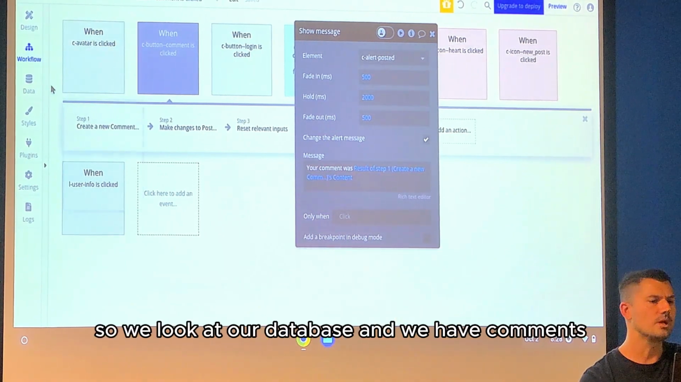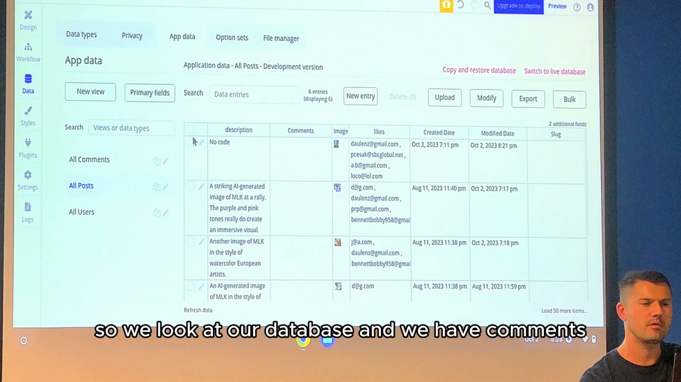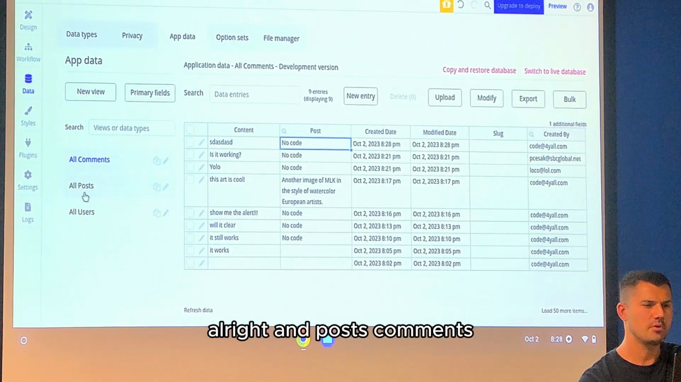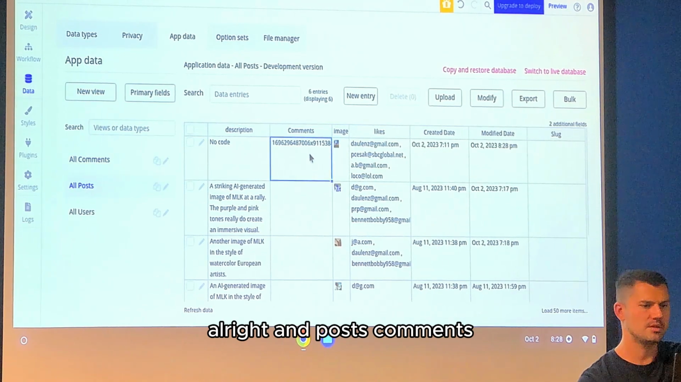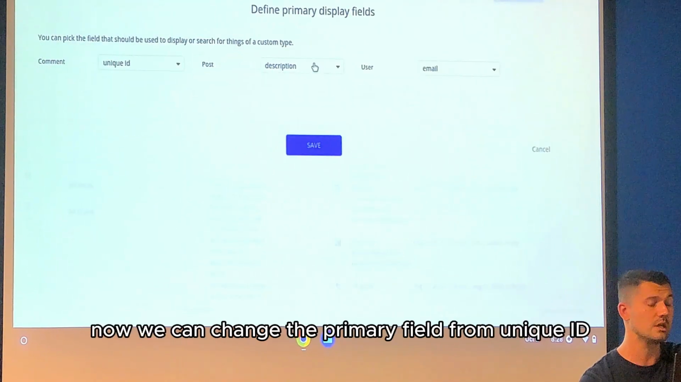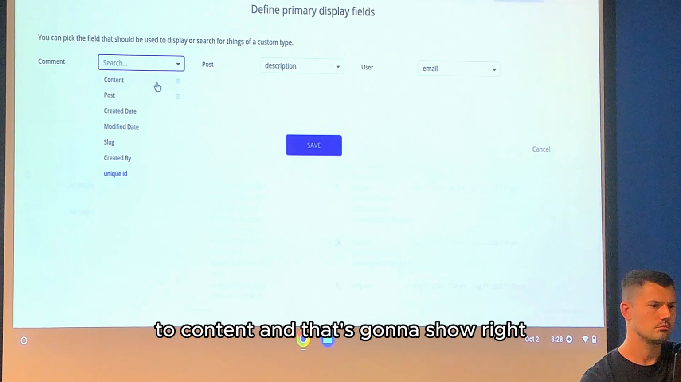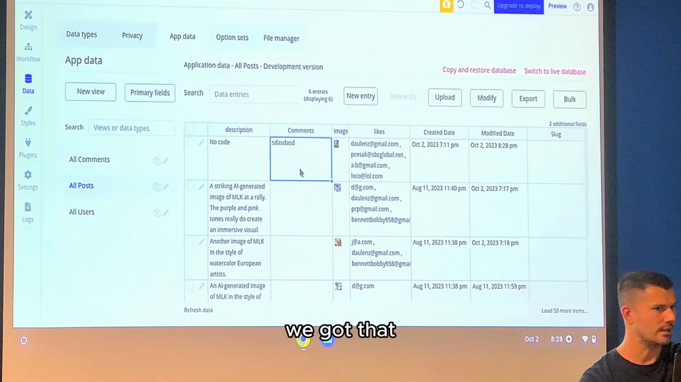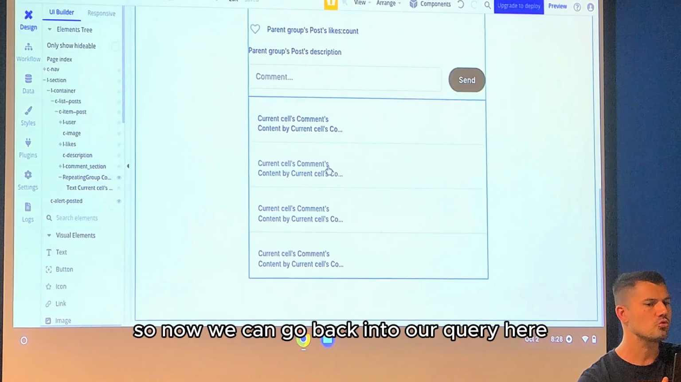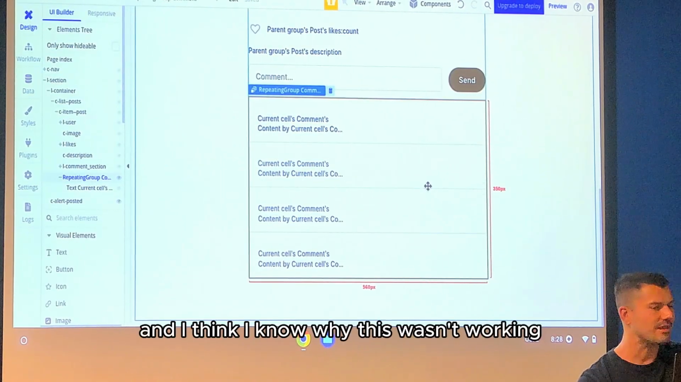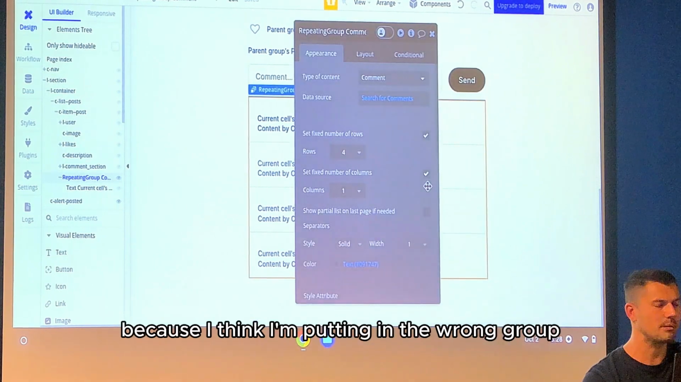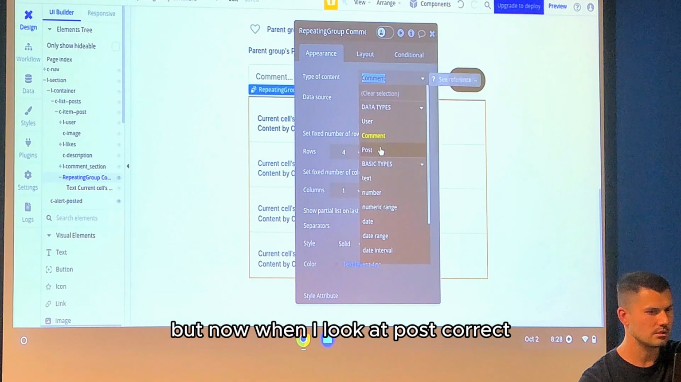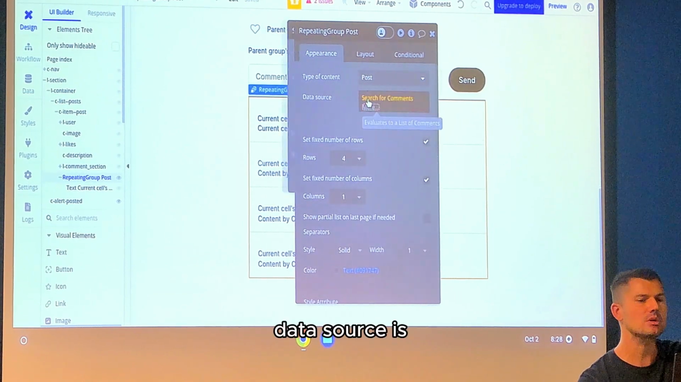Okay, so we look in our database and we have comments, and posts, comments. Now we can change the primary field from unique ID to content, and that's going to show zzz, right? We got that. So now we can go back into our query here, and I think I know why this wasn't working, because I think I put it in the wrong group. But now we want to look at post, correct? Data source is